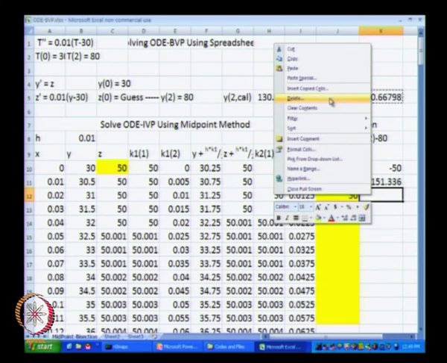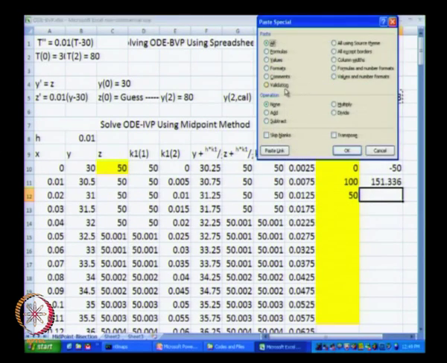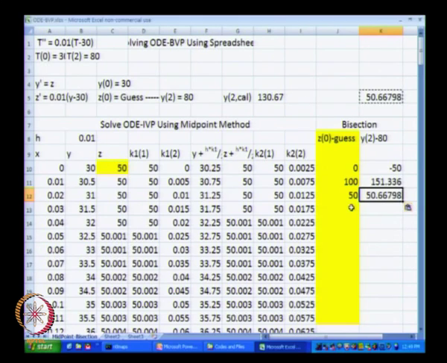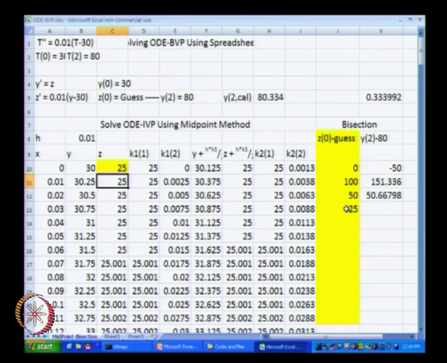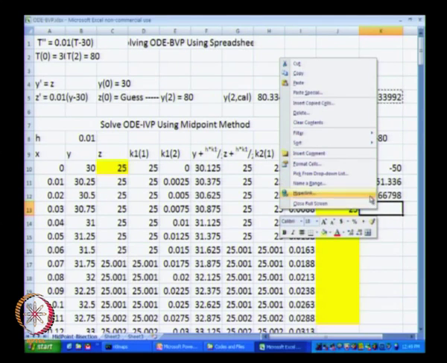Right click and paste special values only, and so our next point has to be a midpoint between 0 and 50. So, that midpoint is going to be equal to 25. So, we are going to change that initial guess to 25. With that guess changed to 25, our temperature that we are shooting at becomes 80.334. We can copy this and paste it over here,